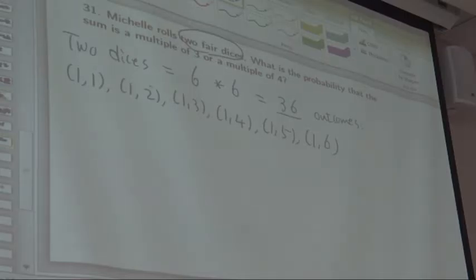And we also have 2,1, 2,2, etc. So if we list all of this, that's the 36 up to 6,6. Is it okay? And then we're going to choose the sum that is a multiple of 3 or a multiple of 4. So to get a multiple of 3,